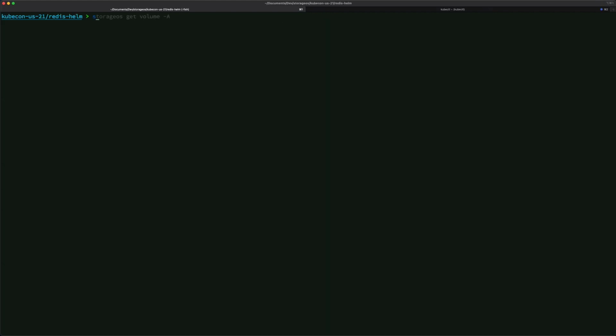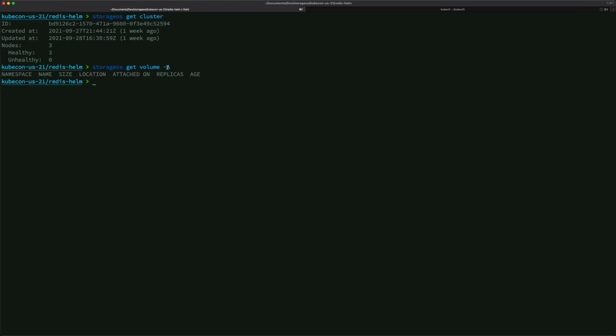Let's also check some information that is directly available from the Ondat cluster, like for example, the state of the cluster. We can see there are 3 nodes, all healthy. We can do the same with the volume. We shouldn't have any volume created in any of the namespaces. So -A for all namespaces. We actually map one-to-one a Kubernetes namespace with an Ondat namespace. So we can see that no volume has been created yet, which is good.